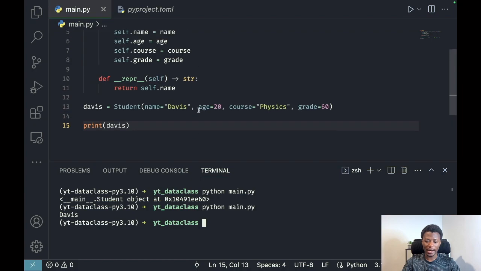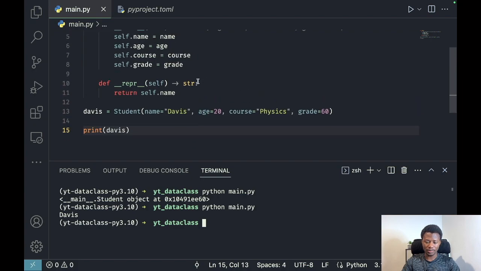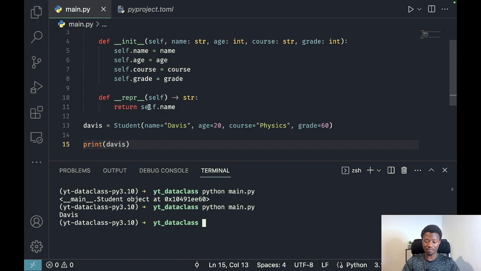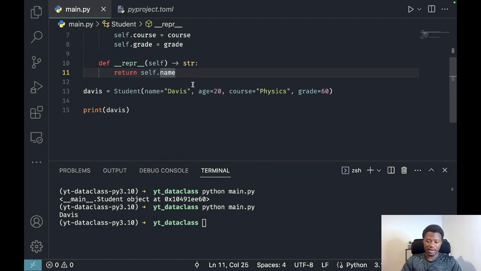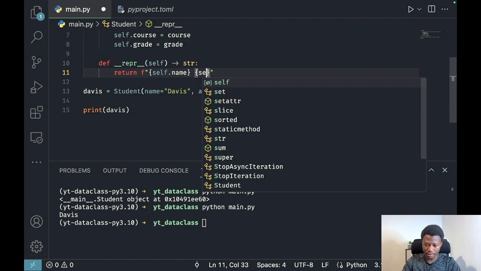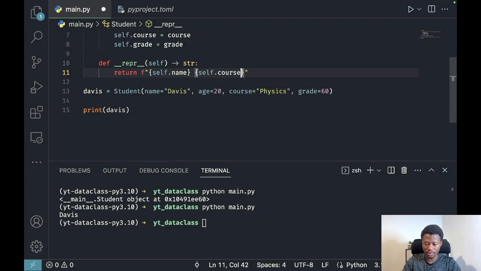Okay, something else we can do, we can put as many information as we want here. But I think Davis, just the name of the student, is fine. Maybe we want to see the scores, so let's do something like, yes, the string representation with f string. So let's say the name, let's say self the course, which is physics,